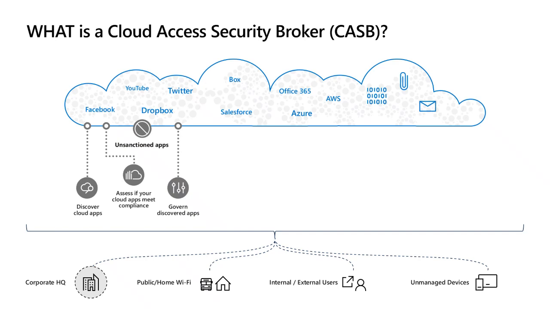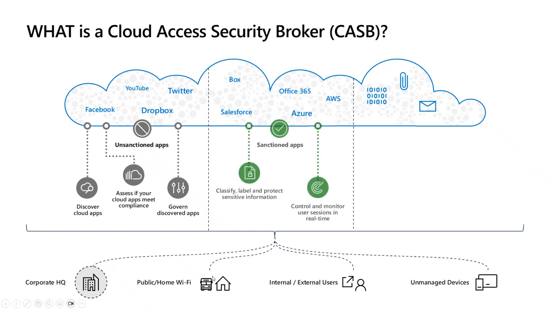So the first step is getting insights on where those applications are and how they're being used so that you can govern them. After you discover those unsanctioned applications, you can sanction the ones that users need to use. This is going to allow the CASB to monitor and protect information that's moving in and outside of those applications. And then lastly,